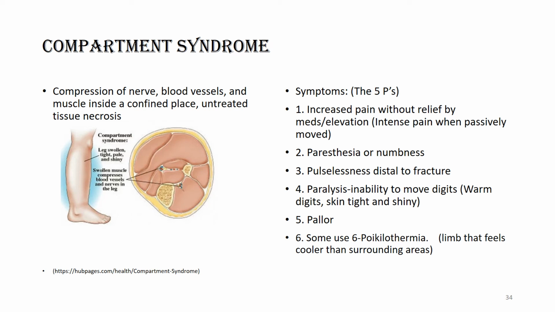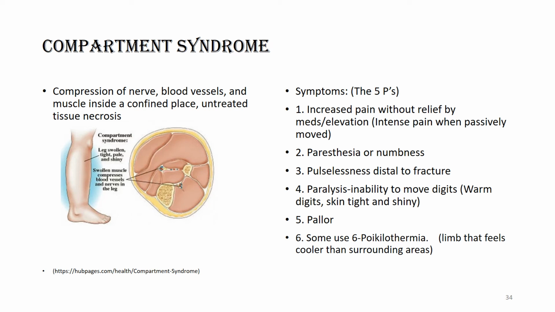You'll check their pulses to see that they're not having pulselessness distal to the fracture. And you'll check to see if they can move their digits if it's in the arms or the toes or the legs. Paralysis is the 4th P, if they cannot move their digits. And last but not least, pallor. You don't even have to check for blanching because it's already so white, when you touch it, it doesn't change. If there was a 6th P,